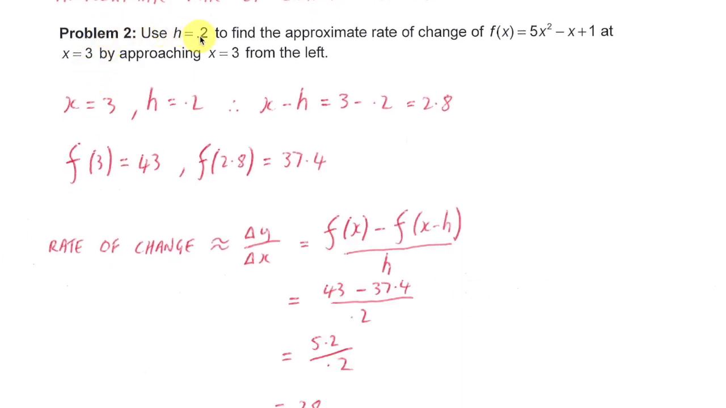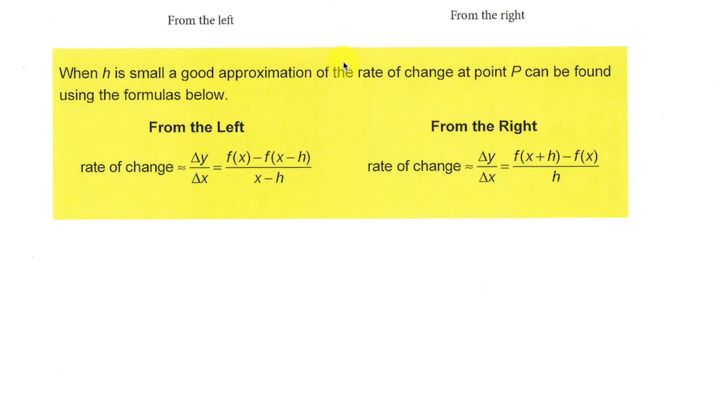Problem 2. We're told that the horizontal distance is 0.2. We need to find the approximate rate of change for this function at x equaling 3, and we're approaching from the left-hand side this time. So what we've got going on here, folks,